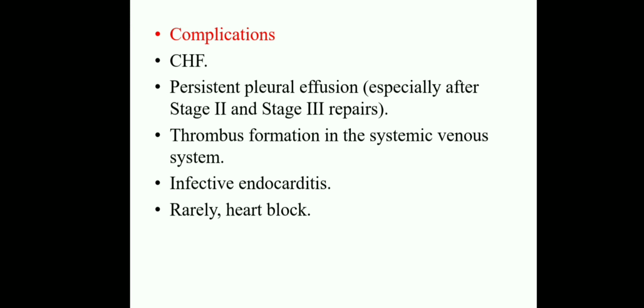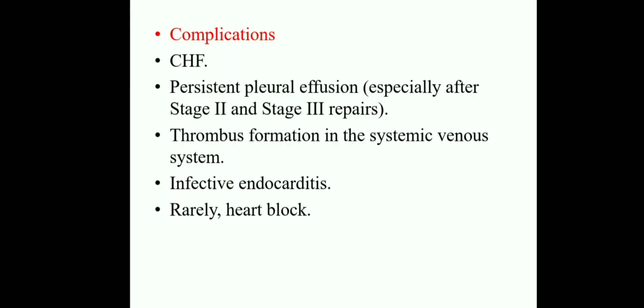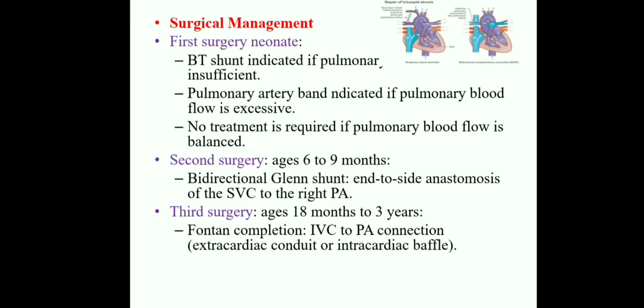So the main clinical features of tricuspid atresia are left ventricular hypertrophy, right ventricular hypertrophy, and the child suffers with cyanosis, severe cyanosis. Okay, intubation also is needed for these conditions. Okay, this is about the clinical features, and then the surgical intervention is the first stage, second stage and third stage surgery.